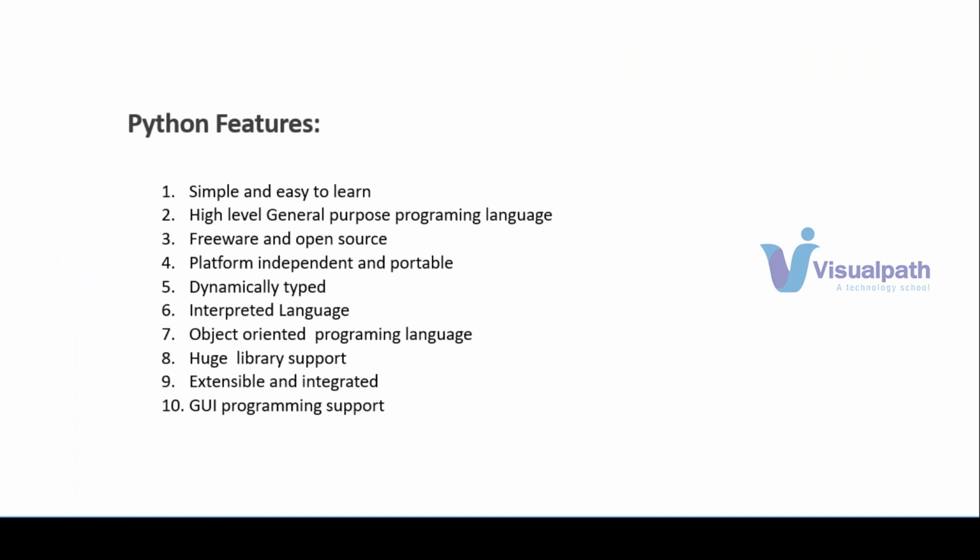So Python is a high level programming language when compared to other programming languages like assembly or C. It is a bit slower, not very fast in execution. But now, with the availability of powerful machines, powerful processors, powerful RAM, it may not be a disadvantage. Okay, next thing is Python is free and open source.